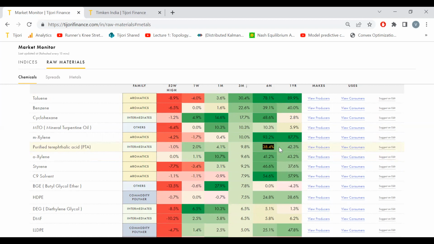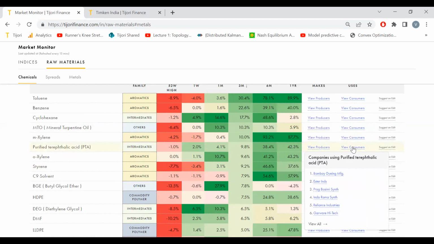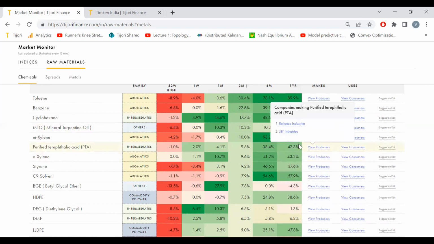So if I look at this, now I'm like, okay, this price has gone up by 38% in the last 6 months, for example, or 10% since the last quarter results were released at least. So what I can do is check every company who makes this, JBF Industries, maybe I've not heard of, or look at every company who uses this and explore further. I've found companies like this, like a lot of the caustic soda companies, the smaller ones which I hadn't heard of. I'm sure you guys must have tracked quite a few and their prices were jumping. It was a discovery mechanism in that sense.